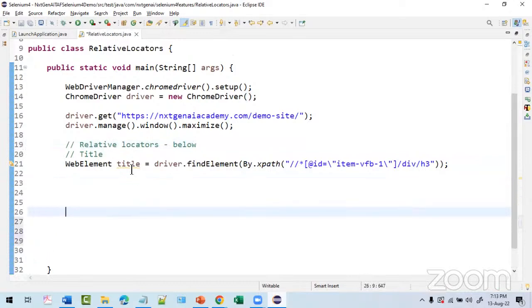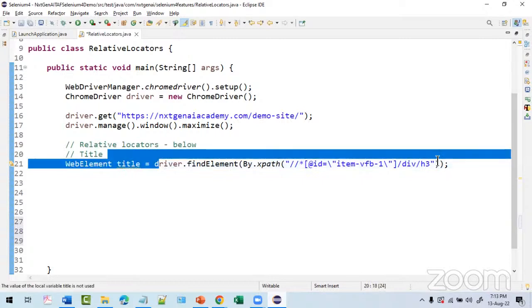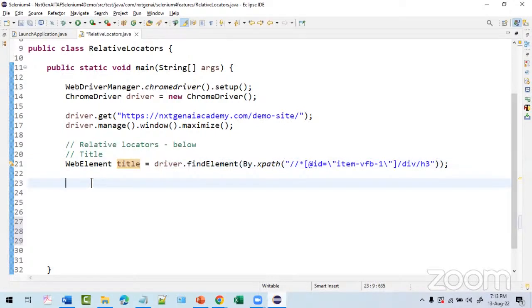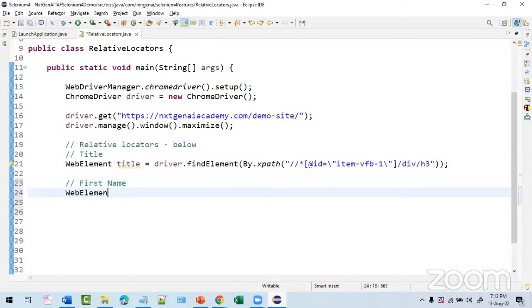So you're saying this is an object of the title. We found it. Now, first name. Let's try to find the first name. How? WebElement firstName equals driver.findElement